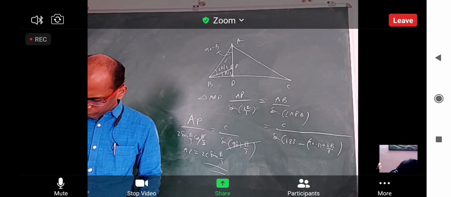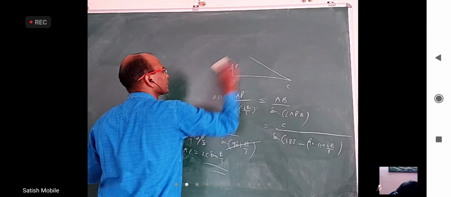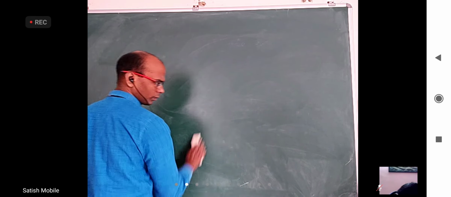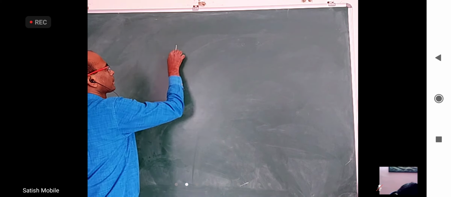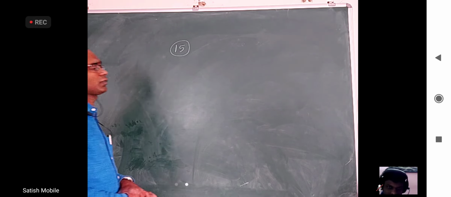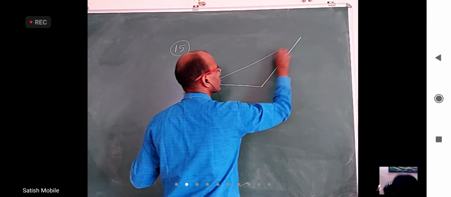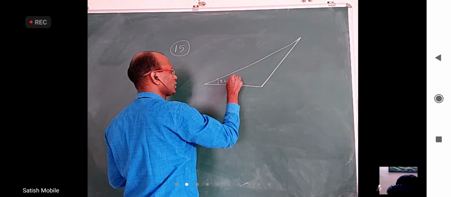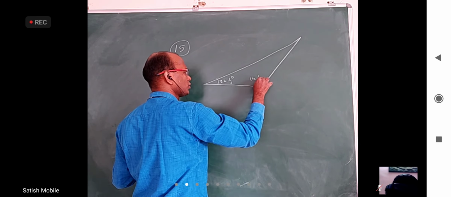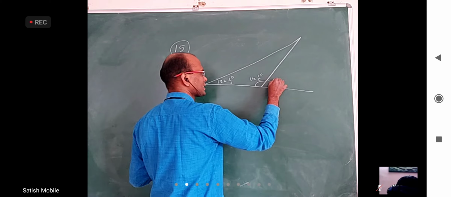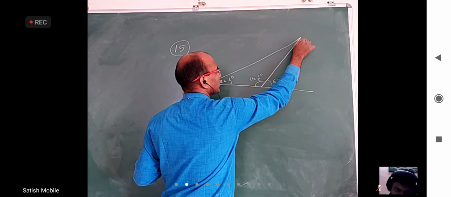Okay, next 15. Angles of base of triangle are 22 and a half and 112 and a half, an obtuse angle triangle. Okay, this is 22 and a half degrees. This is 112 and a half degrees. So this will be, from 180 if I remove, 67 and a half degrees. In fact, altitude will be outside.